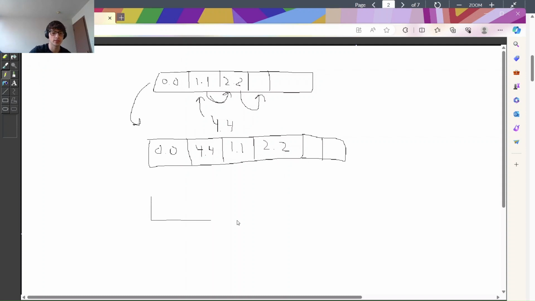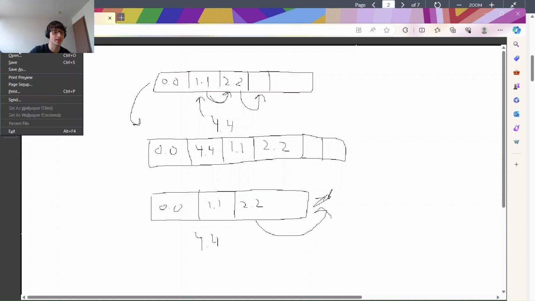But what if the array is full? Let's say we have 0.0, 1.1, 2.2, just like this, and there's only 3 slots in the array. We want to add 4.4, but there's nowhere to put it. Every single spot is filled. We can't move 2.2 over here. This doesn't exist. So what we're going to have to do